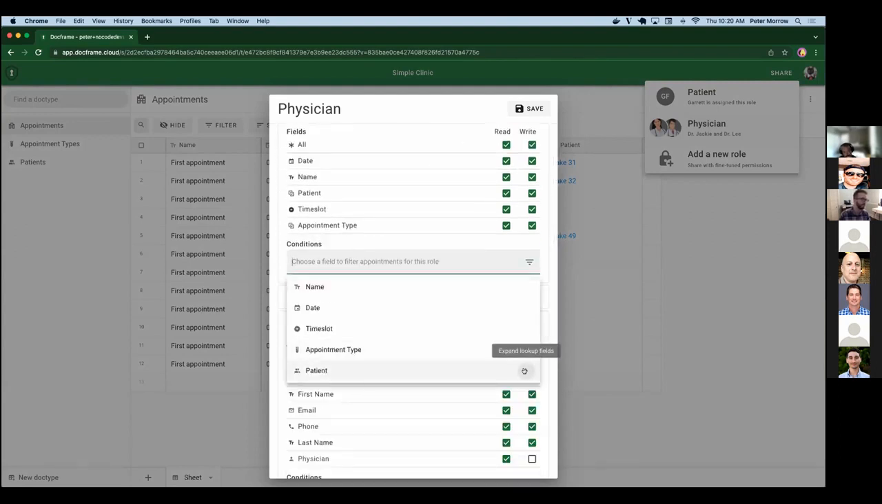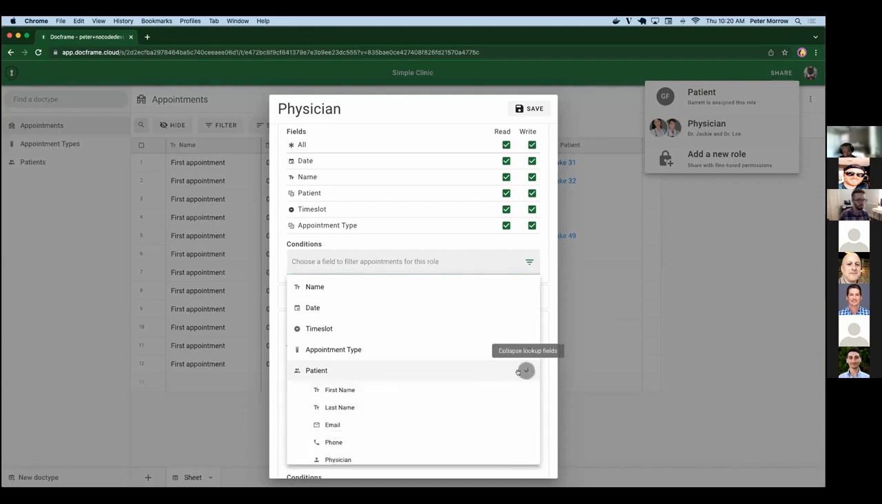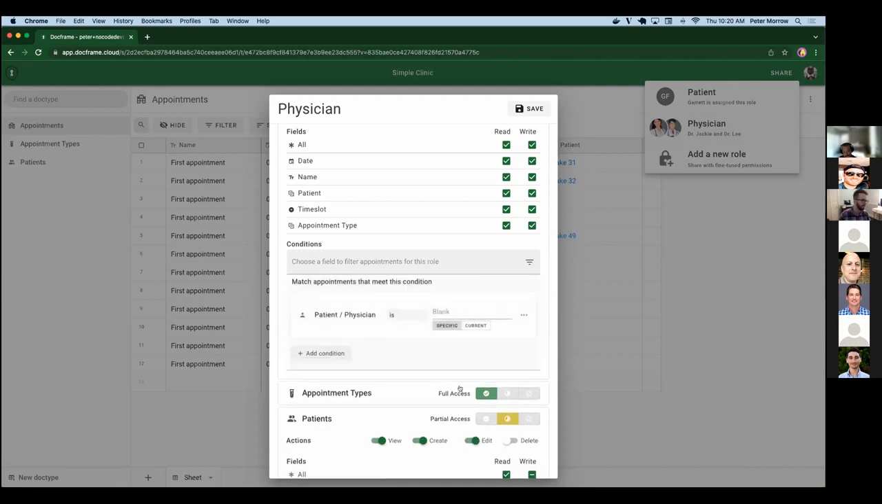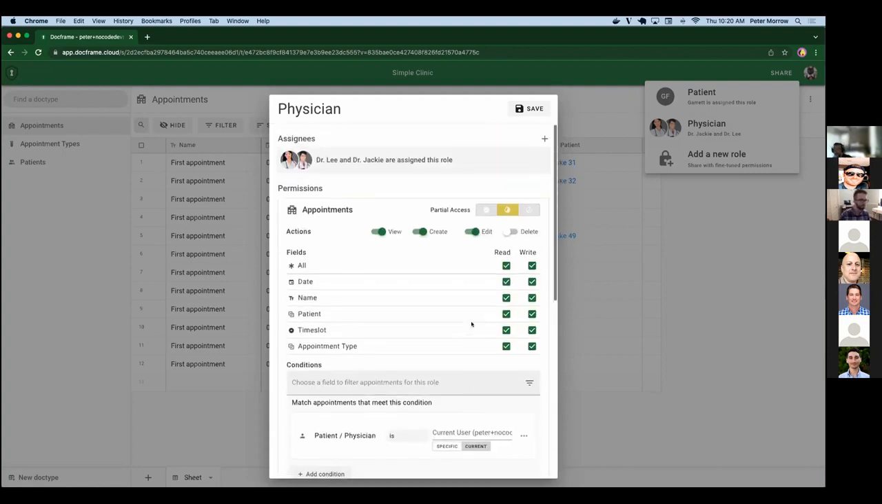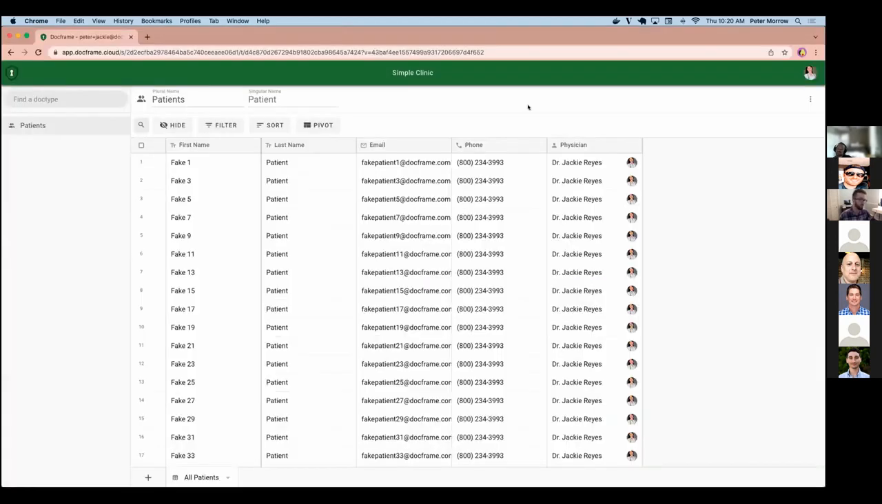So I can go in here and then I can click on this expand lookup fields button like we were using in the filters prior. And then I can click on this physician. And so right now you're looking at a filter that says, give me all of the appointments where the physician is equal to blank, but you can just toggle that over to current like I am doing down here. And then if I save this off and hop back over to one of our physician portal views over here that we have set up,